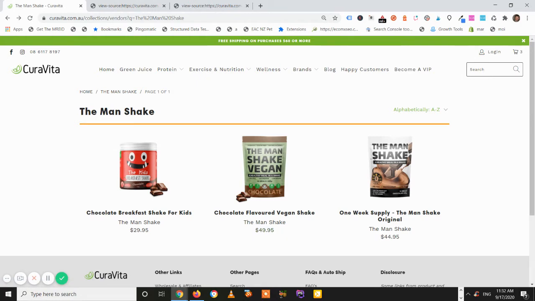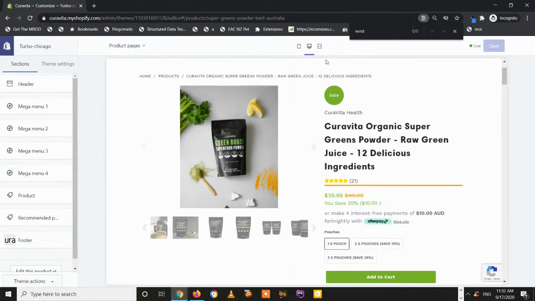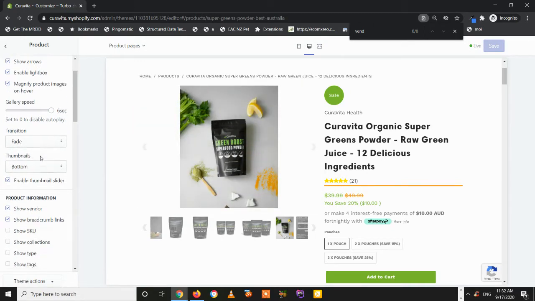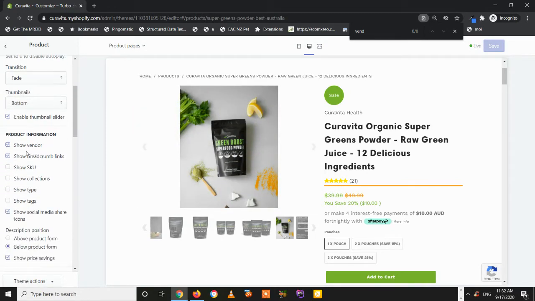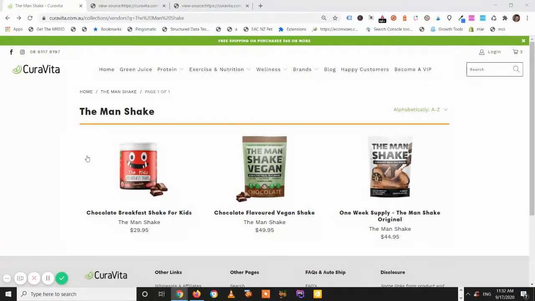So in the Out of the Sandbox theme, for example, I'm just going to pull over my other screen. In the product section in your editing dashboard and your customization dashboard for your product pages, you can see here we've got show vendor. So you can just toggle it on and off. Now the issue is